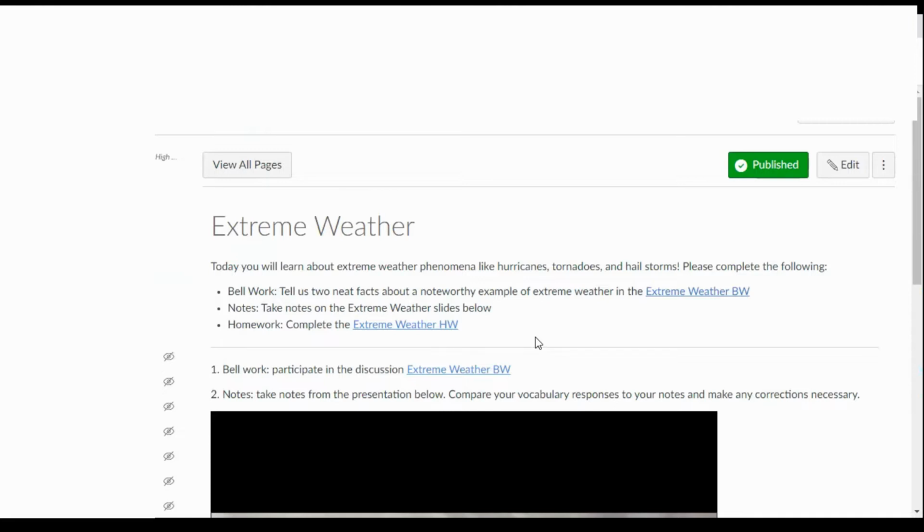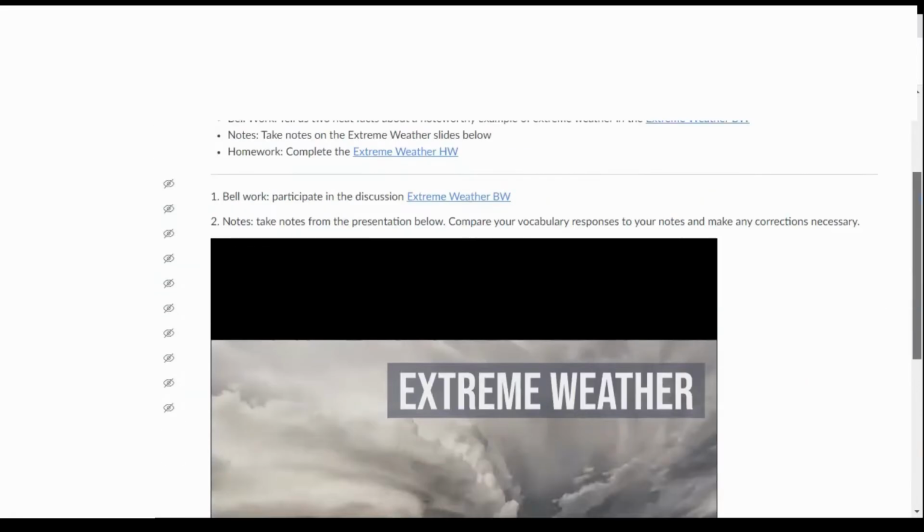If you make further attempts after the due date, it will remove late credit from those future attempts, but it also will keep your highest score. So if you get a 9 out of 10 on an assignment before the due date, and then you get a 7 out of 10 after the due date, it's going to keep the 9. So when it comes time to do your homework, go ahead and click on this link to get you to the homework assignment. Take that quiz, do it as many times as you need to be happy with your score. It is also down here at the bottom of the page.